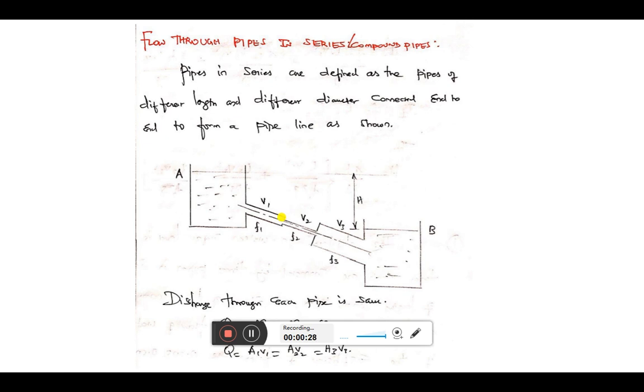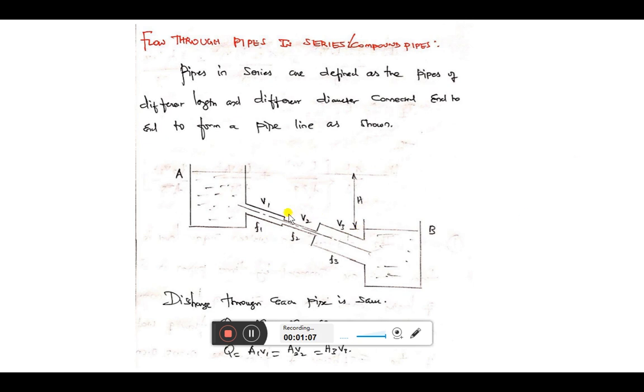So we may have a different set of pipes with different lengths and diameters and fittings between them to transfer the fluid. So in reality we will not have a single pipe. We will have different lengths and diameters, and even different materials also. So this part of the lesson will give you an idea of how to calculate the discharge and loss of head due to friction between these two tanks when the pipes are connected in series.